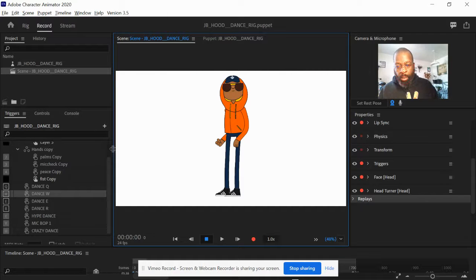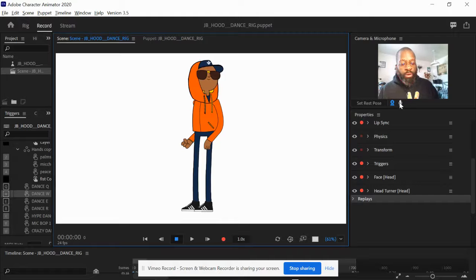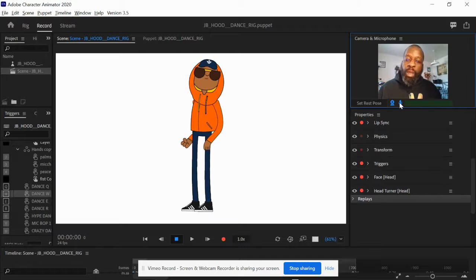Actually, move this over some. I'll turn on the microphone over here on the right. Now it's going to pick up my audio, so you'll see the character talking with my voice. It picks up and interprets syllables and sounds for this. So it's pretty cool. And as you're tracking,